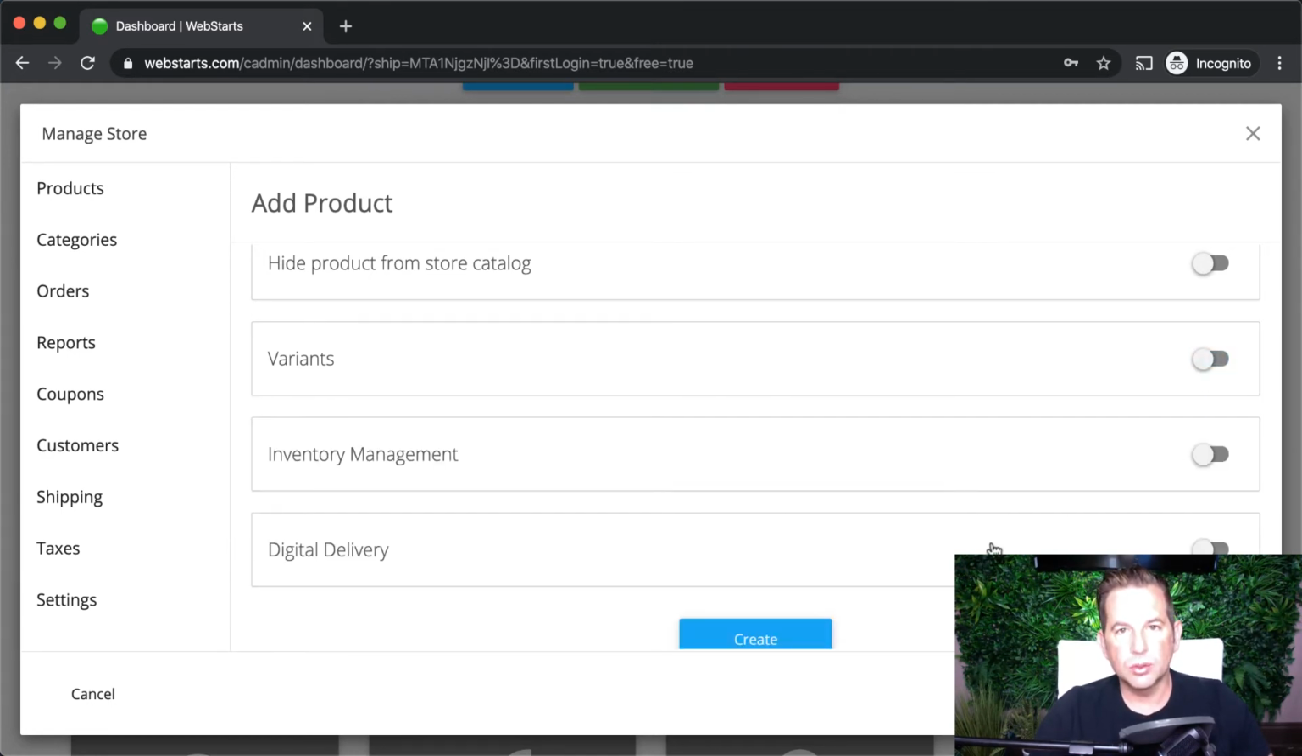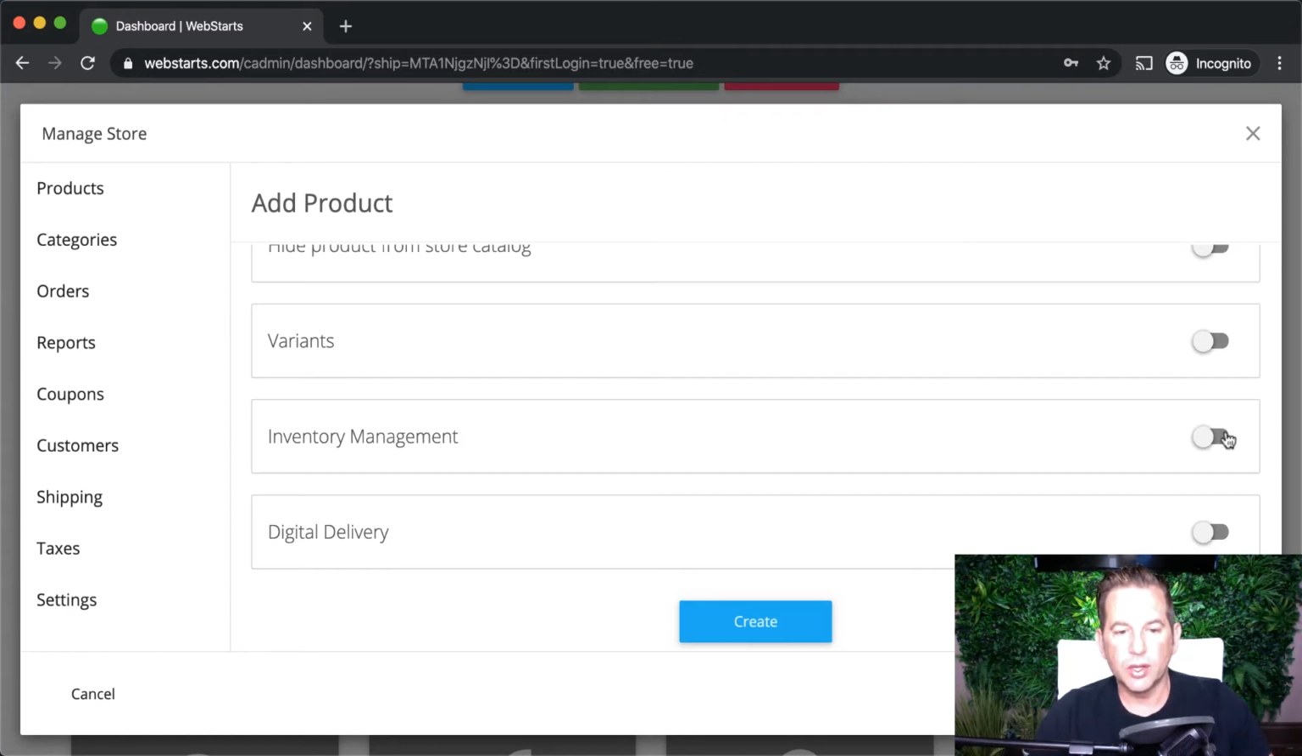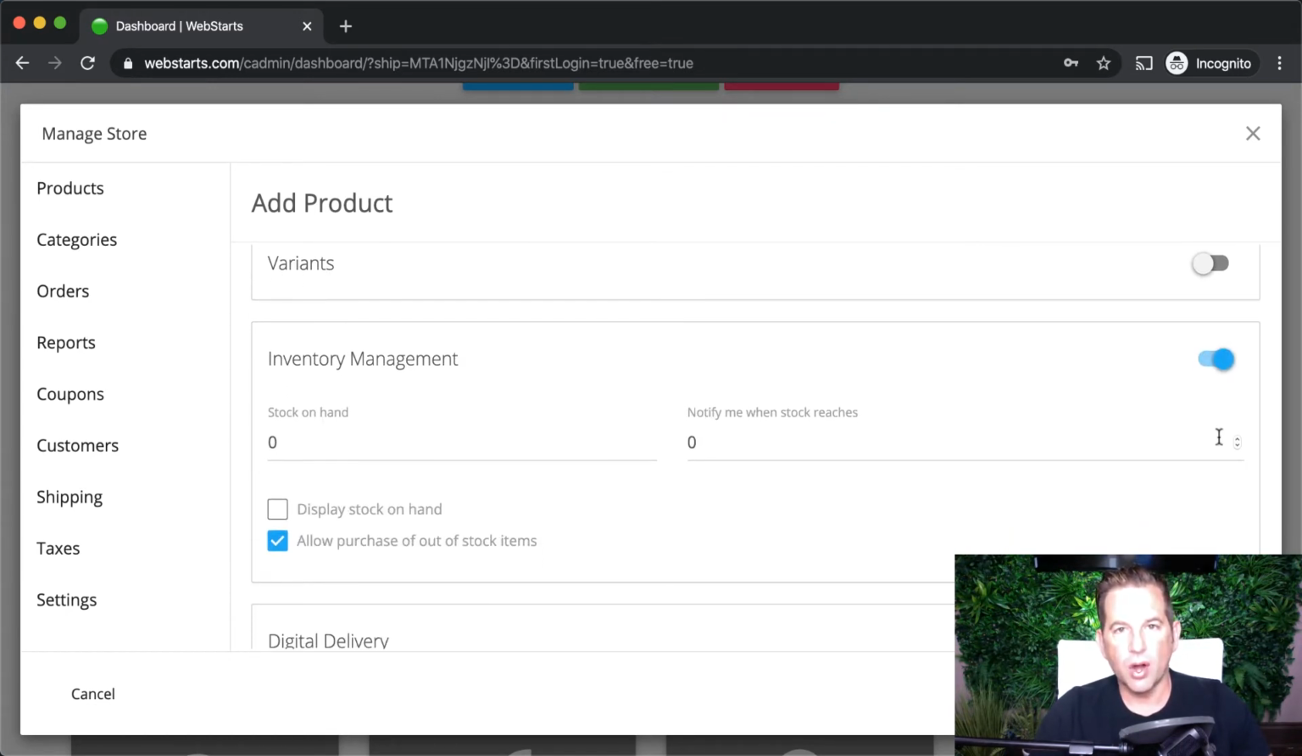I'm not going to enable that for this demonstration. I'm going to move on to inventory management. Again, this is another optional